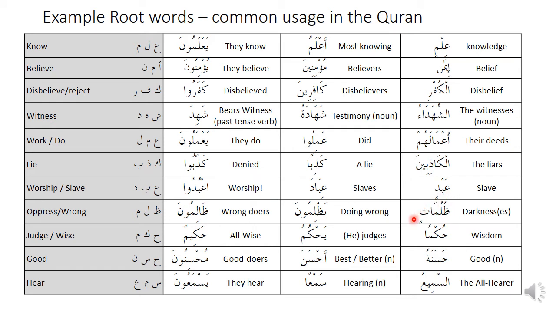There are some attributes, so attributes of Allah. So Sama is the root word. Samir is the all-hearer. Hakim or Al-Hakim is the all-wise. So there's attributes there. There's also comparison type words. So A'lamu, most knowing, or Ahsana, the best or better. So all of these forms account to the word count of that word. So it includes all the forms there. And this video is really an introduction video. It's really to help you know that there are root words and to identify the type of root word that's occurring, so you can understand the translation of the Quran.